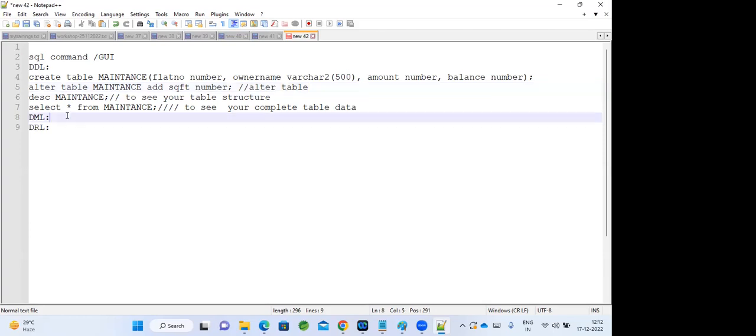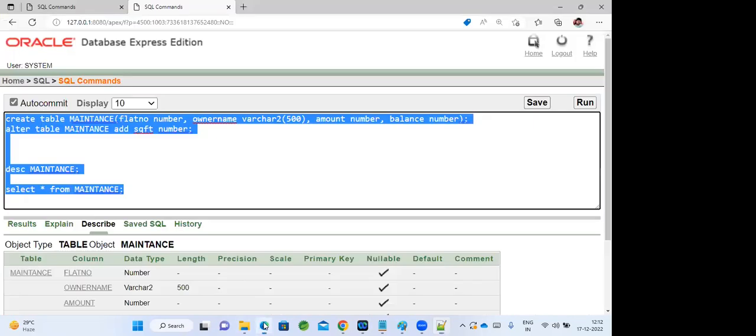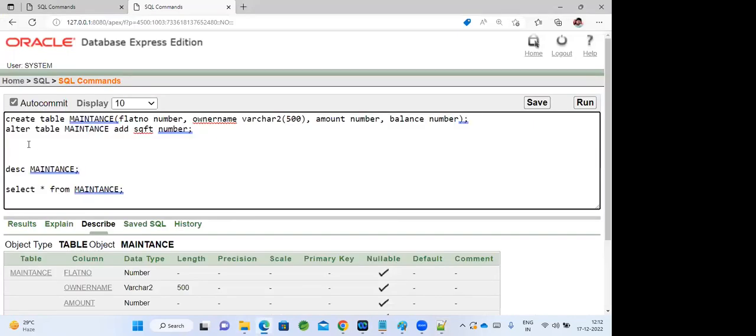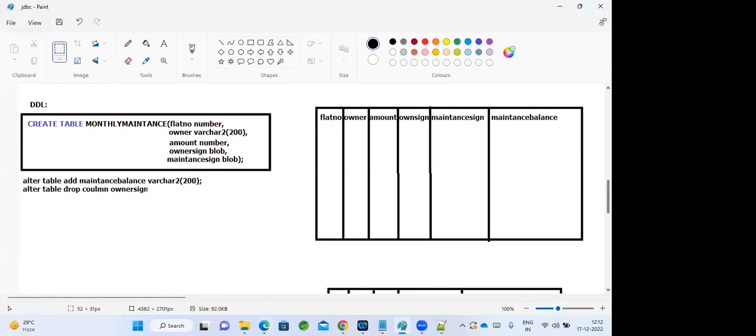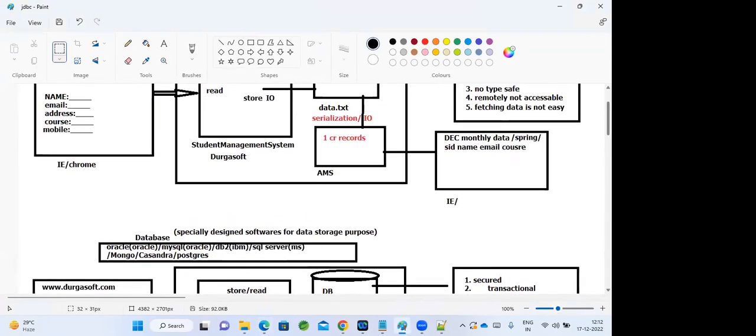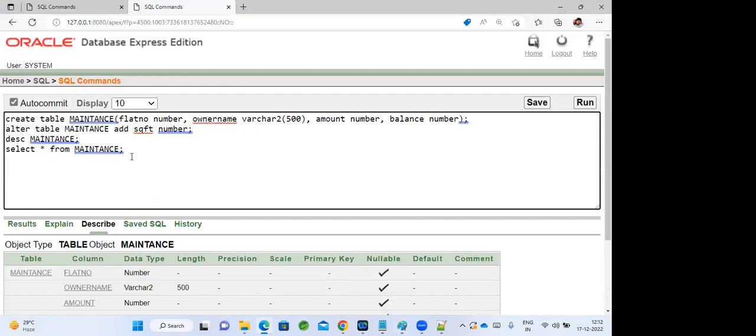Okay, so this is how you can create the table. Inside this table, if you want to store data, you can store data also via SQL query. Maybe not from an application. From an application, if you want to store, we need the JDBC concept. Now learn directly how to insert data. DML query, data manipulation. Insert data, insert